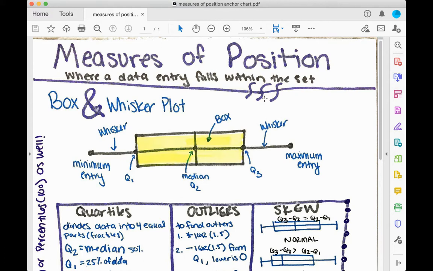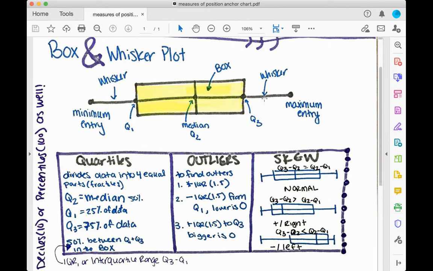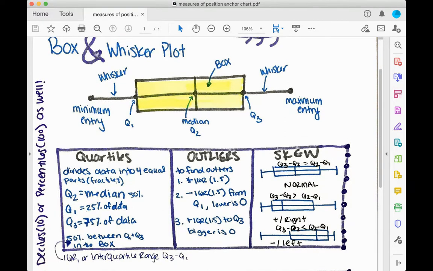So something you should be familiar with is a box and whisker plot. We know that these are some middle school standards, but it's probably been a while since we've done it. So I wanted to break that down for you. So box and whisker plots work off of quartiles. So if I just scroll here a little bit, we see that we have kind of four quartiles, but we